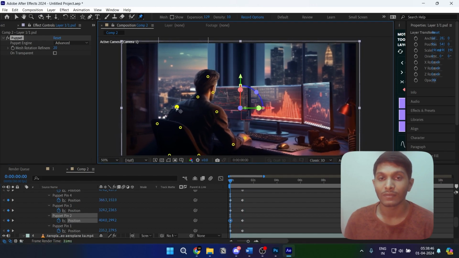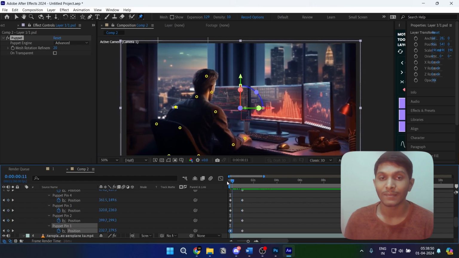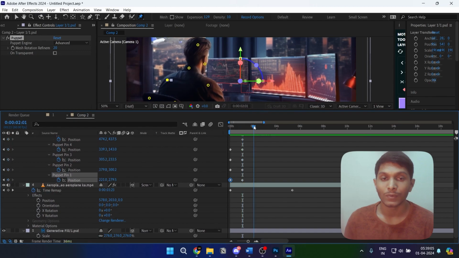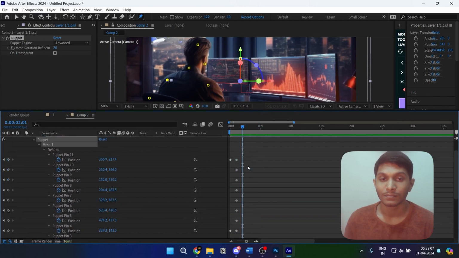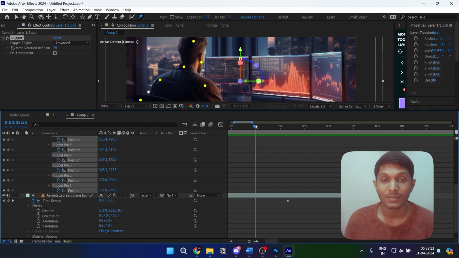And if this is not moving, we'll move this also a bit. Now this looks more natural, right? If this is too fast, we'll make it 2 seconds. And now again at 4 seconds,